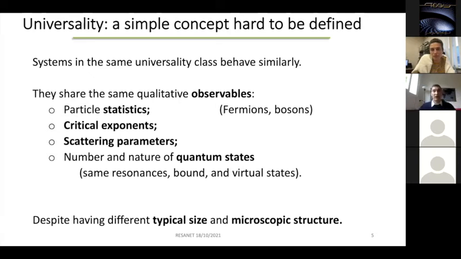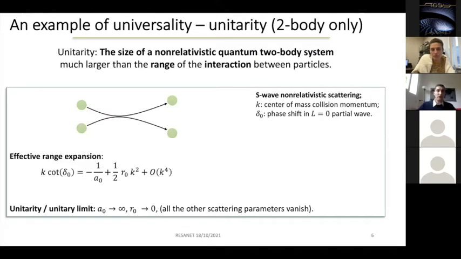So you can describe them with similar theories. And to give you an example of universality, I want to talk to you about unitarity, or the unitary limit. This is the kind of universality that I'm going to use the most during this talk. So unitarity is the kind of universality class, a universality system, in which the two-body